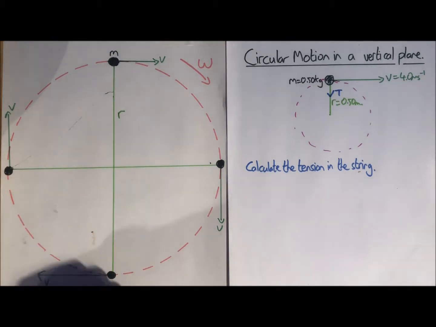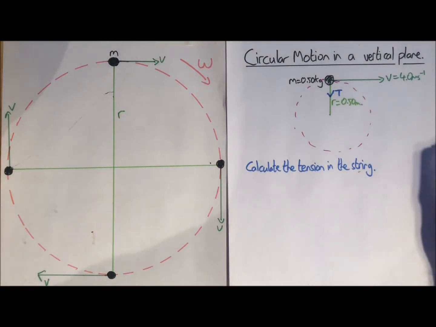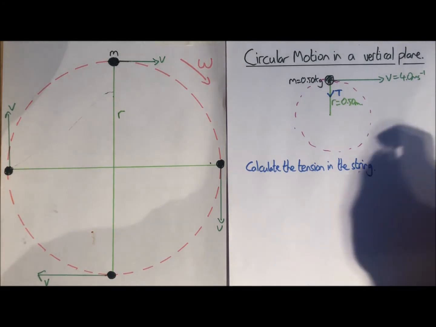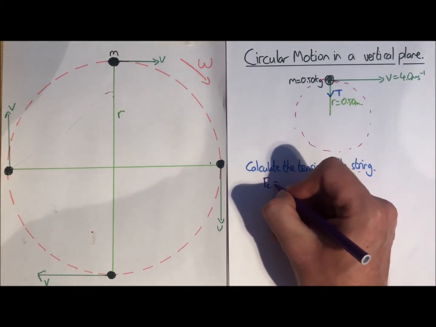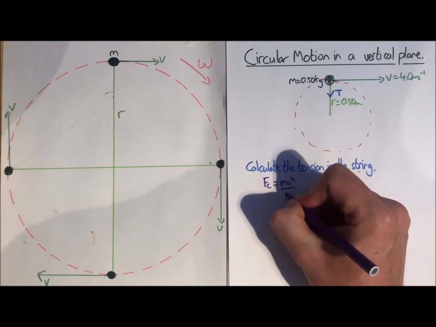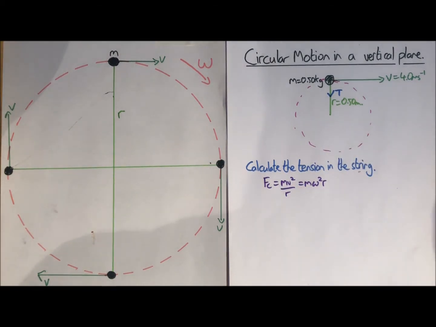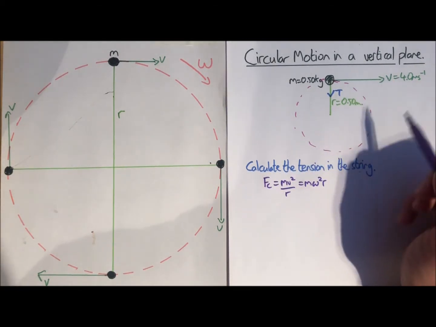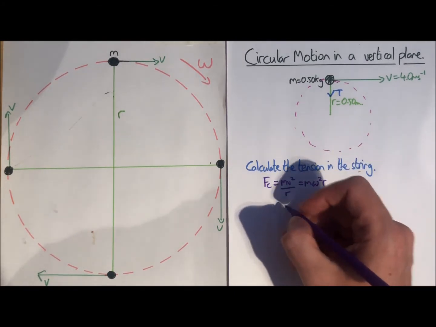Right, okay, so I wonder if anybody noticed a little bit of a trick in this particular question. Hopefully you started off with the sensible place, which is think, right, this is a circular motion question. What do I know about forces in circular motion? Well, there's a resultant force towards the centre of the circle called the centripetal force, and that is given by mv squared over r, or m omega squared r, depending on what you've been given in the question. In the question we've been given the linear speed v, so we're going to use this variation. So mv squared over r